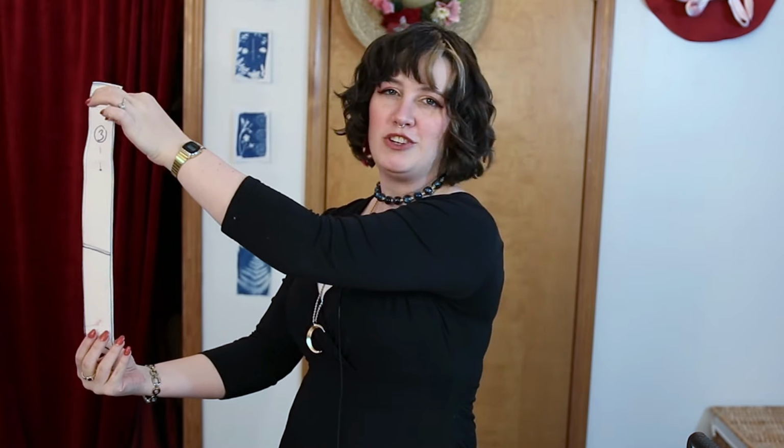And you shouldn't be just laying it willy-nilly on the pattern. Sometimes you can get away with it, but for something like a corset where you're really depending on the strength of the waist, I try to be extra careful whenever cutting these out, because I am exactly the kind of person who's like, it'll be fine,